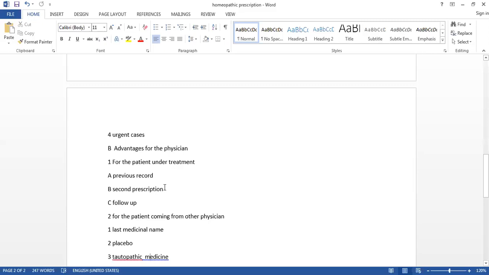For the second prescription it is very much important, because if in the first prescription you prescribed Apis mel, in the second prescription we cannot give the Rhus tox because it is inimical. So we know that since I gave Apis mel earlier, I cannot give him Rhus tox right now. After some months we can, because the action of that Apis mel is up to 15 days, so in that span we should not give Rhus tox, because these two medicines are inimical to each other. So we should remember this, and for that we require the prescription.